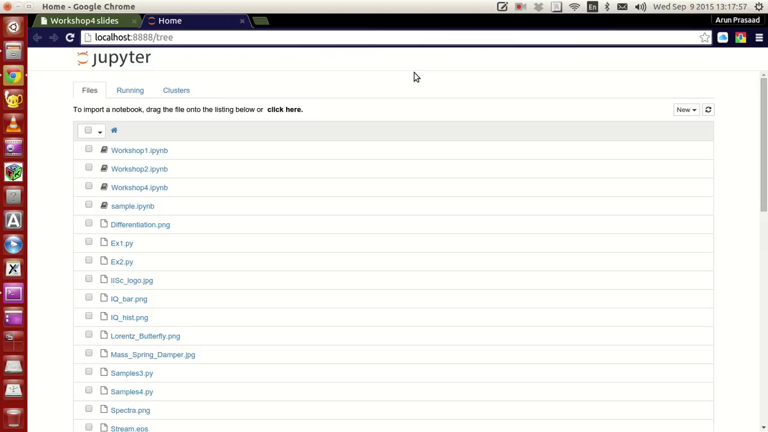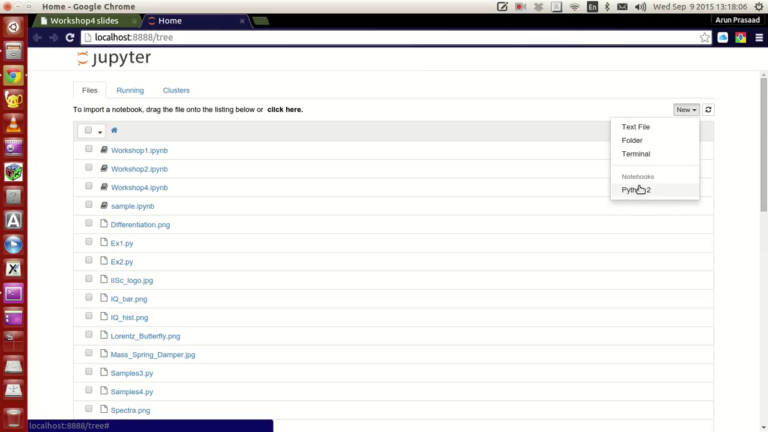Now if you want to create a notebook, you see this option over here, New. Click here, and you'll have notebooks over here. You have options called text file, folder, terminal. What we want is a notebook. And just a reminder,